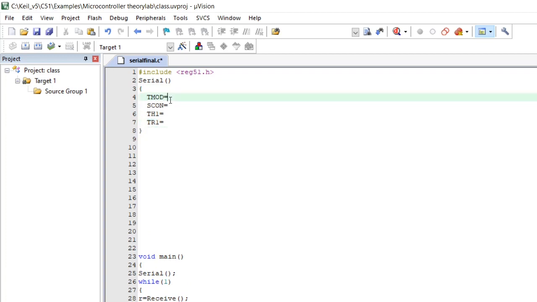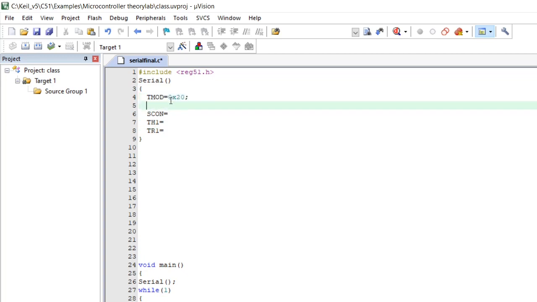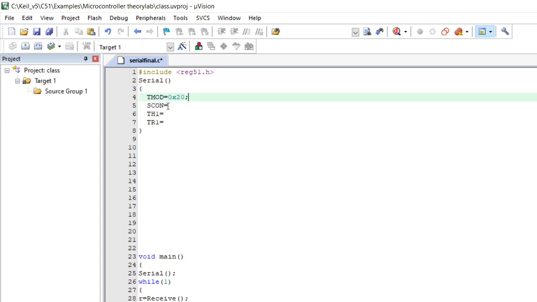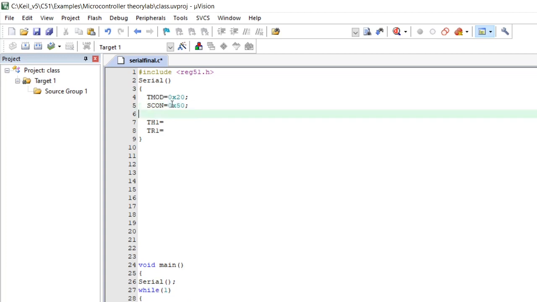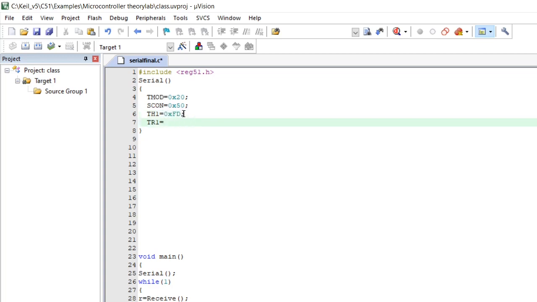TMOD is 0x20, SCON is 0x50, and for TH1 it is 0xFD for 9600 baud rate, and the TR1 timer run bit is 1.